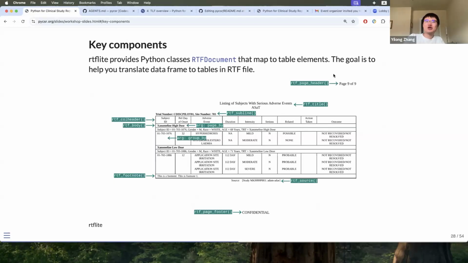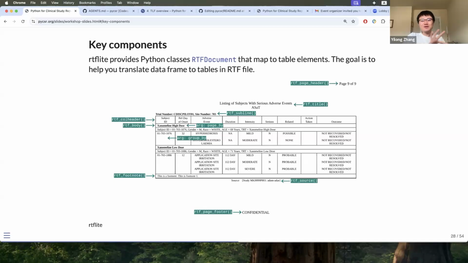So you can have the page header, like a page number, right? You can have the title and subtitle as needed. And sometimes you need a subject line outside of the table. You also need column headers in different formats and page-by-group-by features in the listing as well. If needed, a footnote inside the table, and the RTF data source outside is also possible. Or if you want, you can arrange it in a different way as needed. In the end, if needed, the page footer is also designed into this, for RTF Lite and similar to what r2rtf has provided. So this is the general concept.